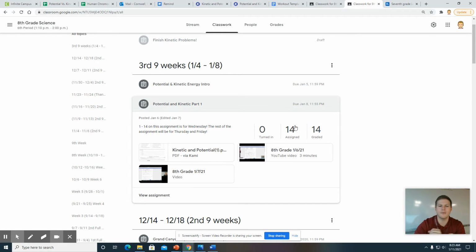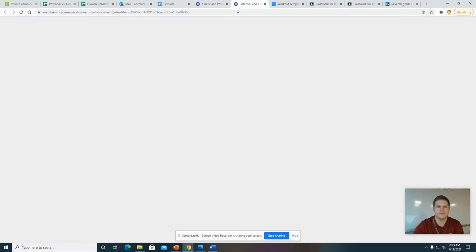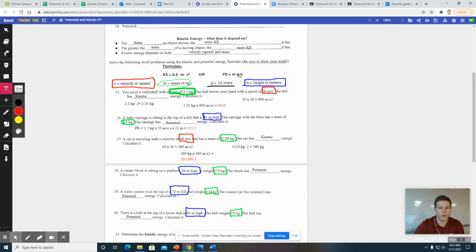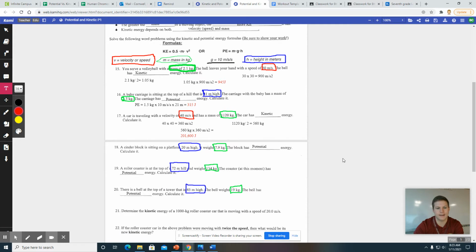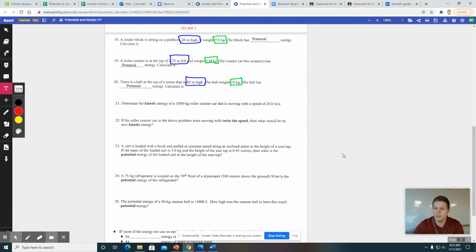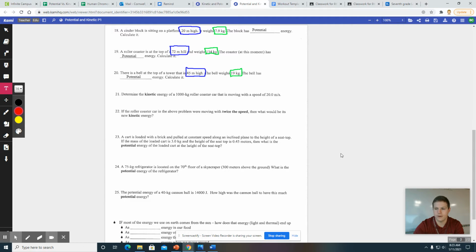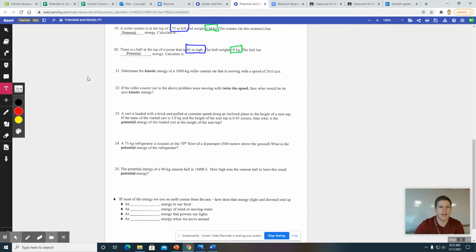Now, what I'm going to ask you all to do is to open up the PDF. Go back and click that and open it up. And you remember the work we did last week. I'm not going to go back over that. But what I'm going to have you all do is go through this and finish the rest of it. Now,